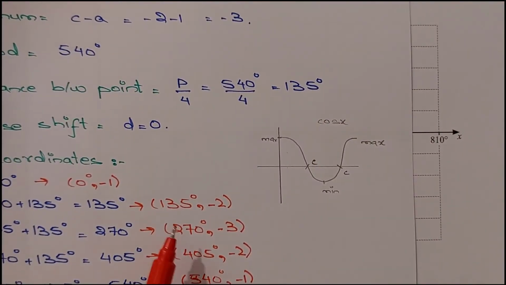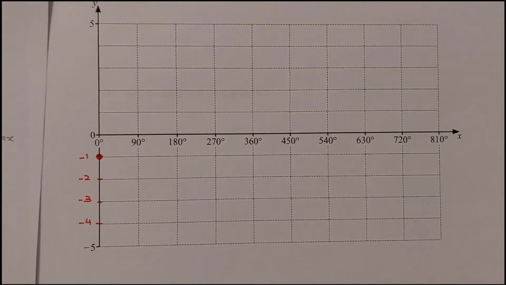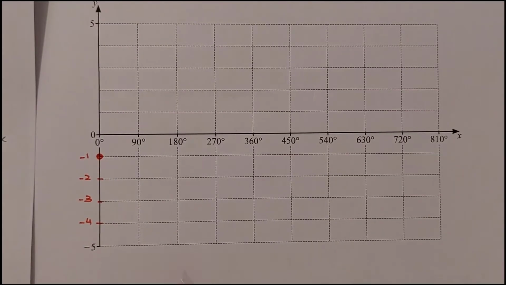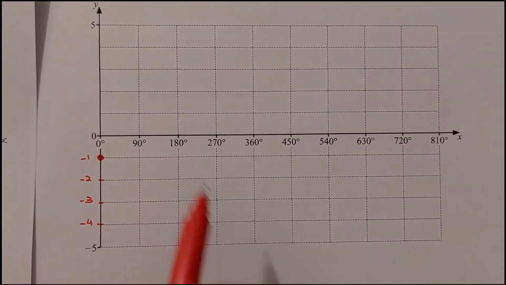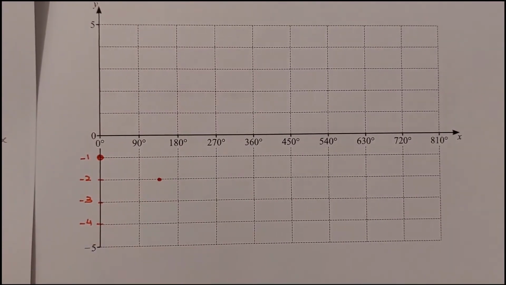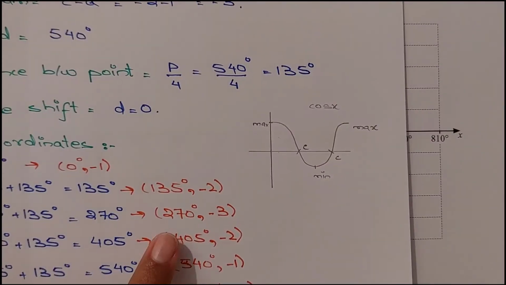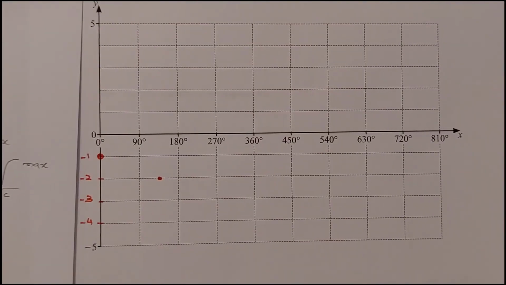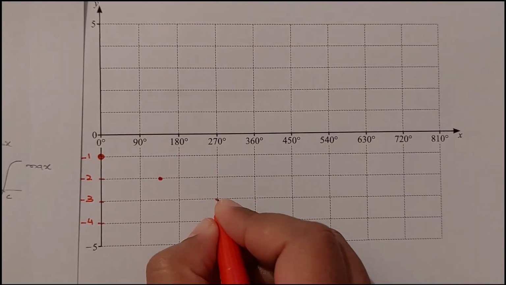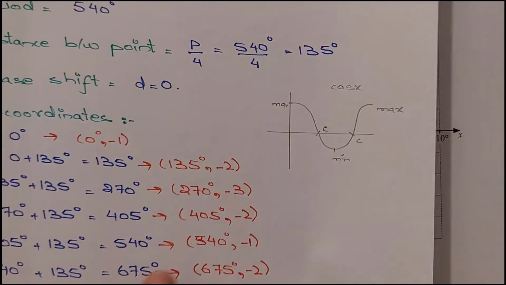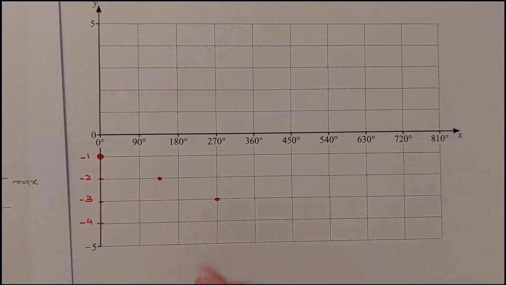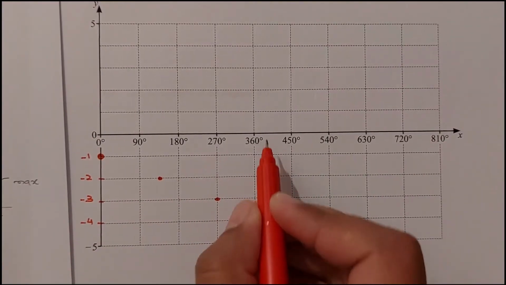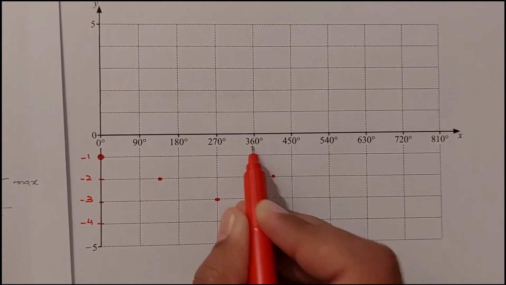The next is 135 degrees and -2. So where is 135? 135 is between 90 and 180, right? And this is -2, so this is going to be the point. Then 270 at -3. So for -3, we have 270, right? And 405, and for -2, again for -2, 405. 405 is over here between 360 and